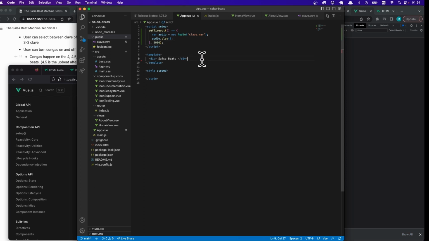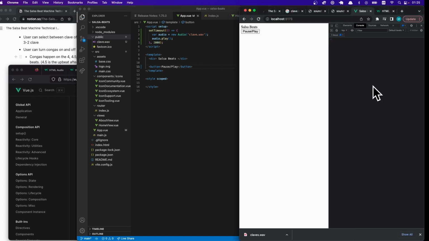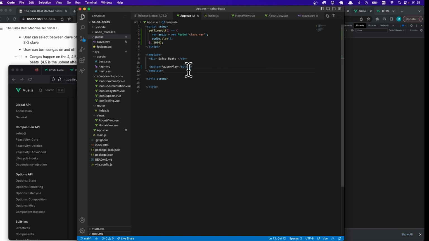Let's actually do that. So we're gonna have 2 buttons, right? We're gonna have play, and then we're gonna have pause. Pause and play. Let's just do that. So we're gonna have a button that's just that. And when you click the button is where you